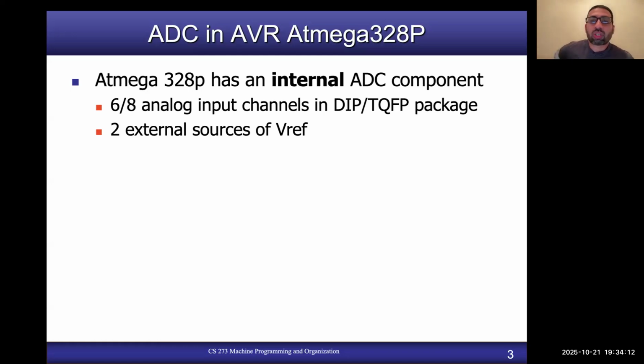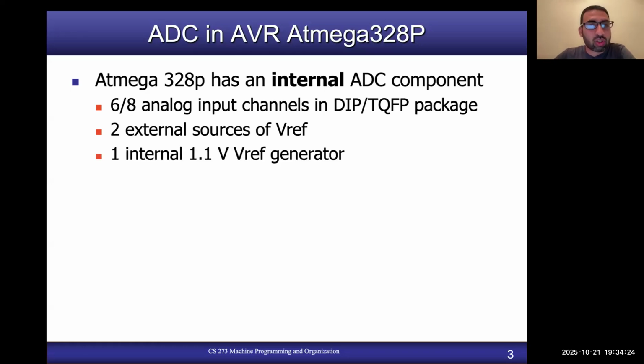For example, if you want your signal to be in the range of 0 to 3, but your VCC or supply voltage is 5 volt, then you can use the second external source of VREF, which is referred to as AREF, analog reference voltage. Other than that, it also offers one internal VREF generator,